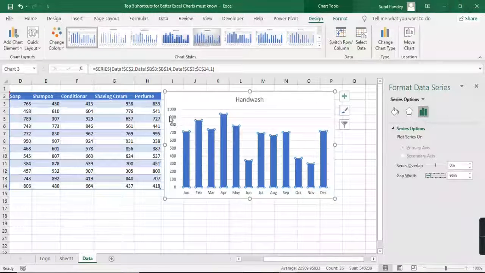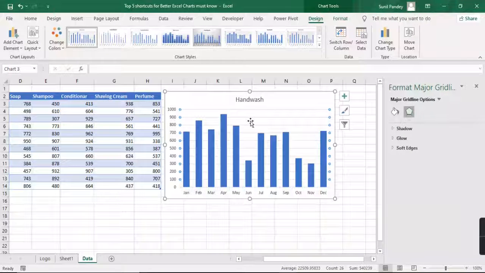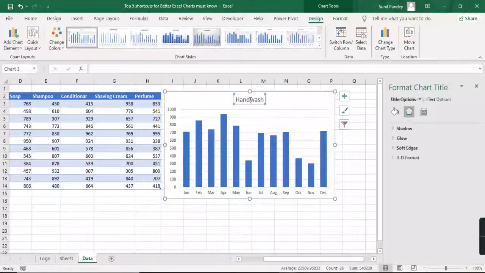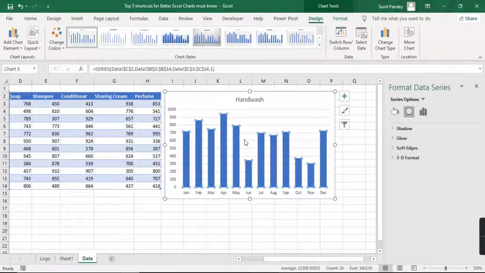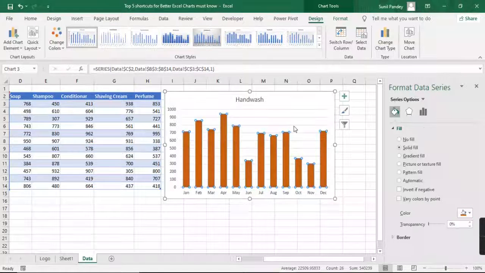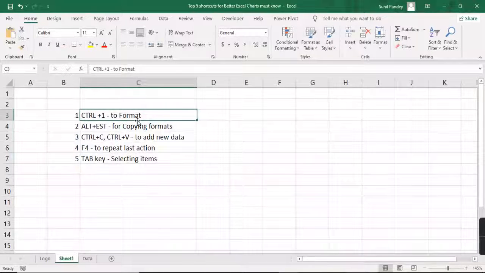Okay, so this is the first shortcut, Control plus 1 for formatting a chart. Okay, if you want to change anything in that, you can change it. Suppose if you want to change a color, you can go here and change the color from here. Okay, right? So this is the first shortcut, Control plus 1 to format a chart area.